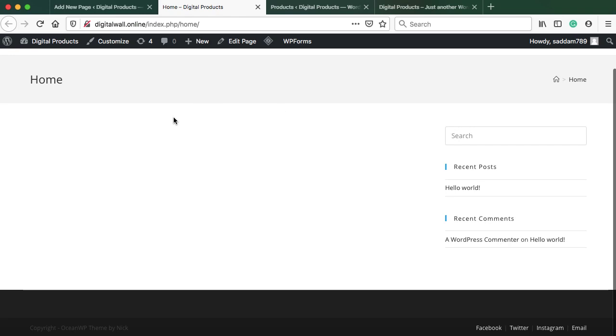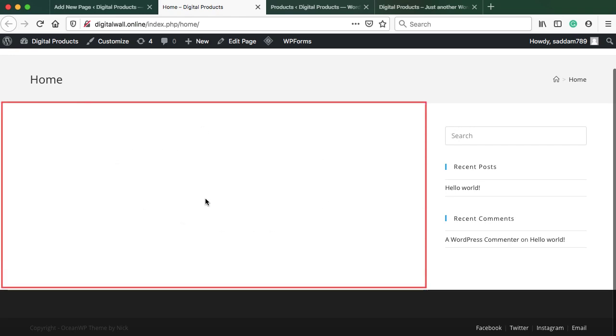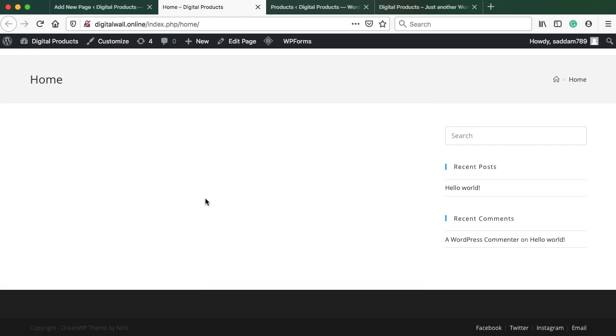Now here we have this blank section. This is what we call the body area, where we can put the content onto the home page. This right section is called the sidebar. We need to remove this sidebar completely so that whatever content we put onto the home page will occupy the complete width of this browser. And at the very bottom, this section is called the footer. The footer contains some links, some basic information about the website and some social media icons or whatever content you would like to put over there, like website credits, etc.